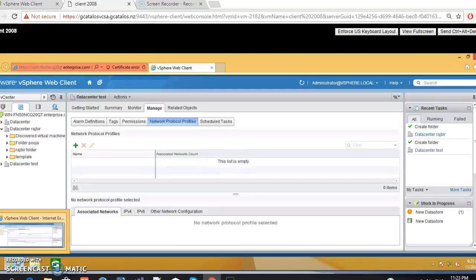So at the end, I would like to say what we learned from this lab. In this lab, we learned how to create a data center and, inside the data center, how to create folders, which is useful to manage virtual machines. And apart from that, how to add a host into the data center